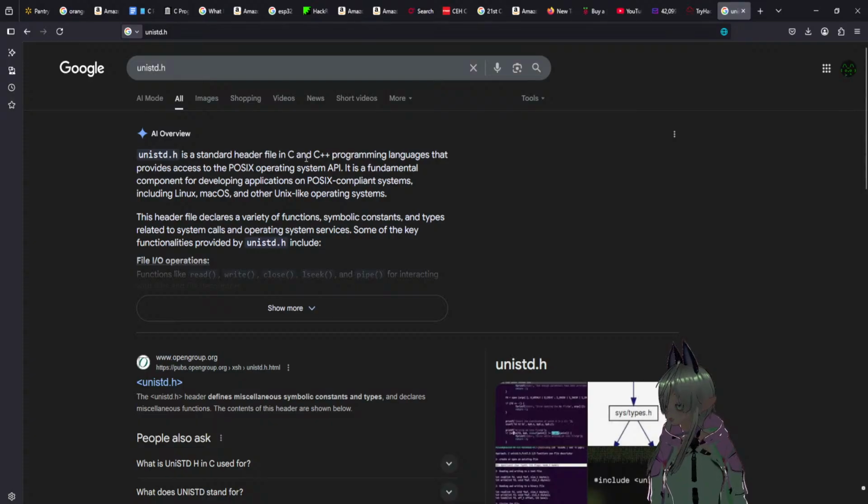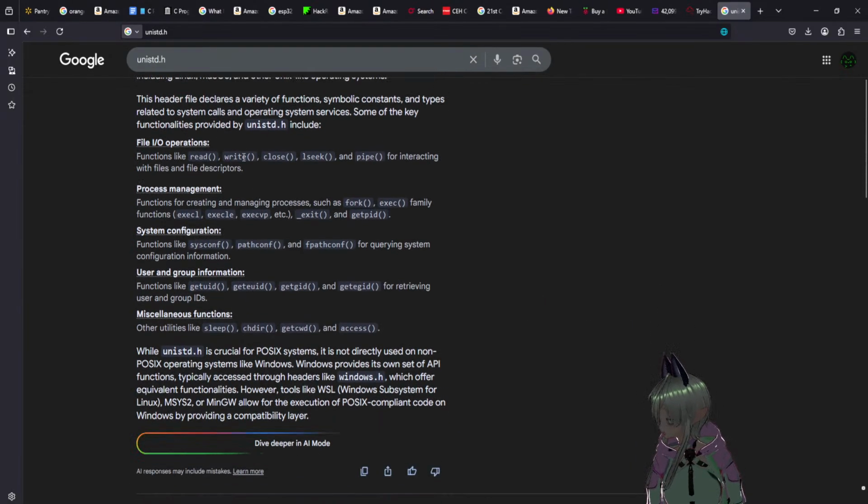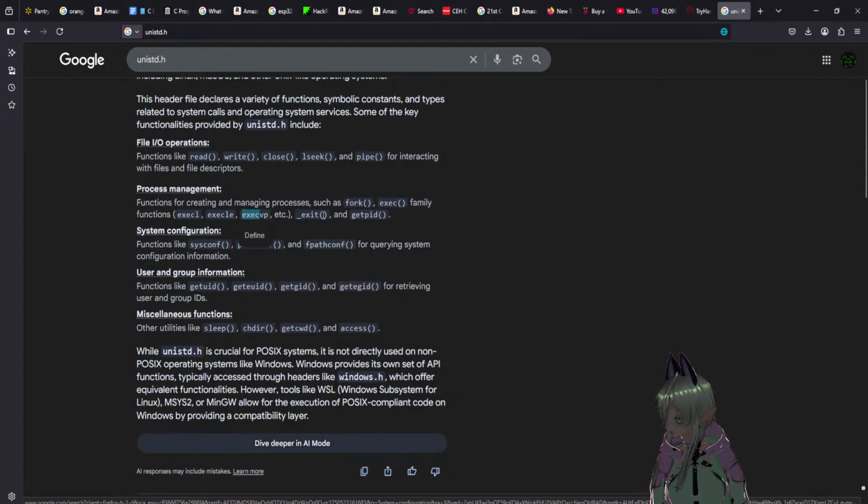is a standard header file in C and C++ programming that provides access to the POSIX operating system API. It is a fundamental component for developing applications on POSIX-compliant systems, including Linux, macOS, and other Unix-like systems. The header file declares a variety of functions, symbolic constants, and types related to system calls and operating system services. Some of the key functions provided by unistd.h include read, write, close, lseek, pipe, execl, execv, execvp, fork, exit, getpid,